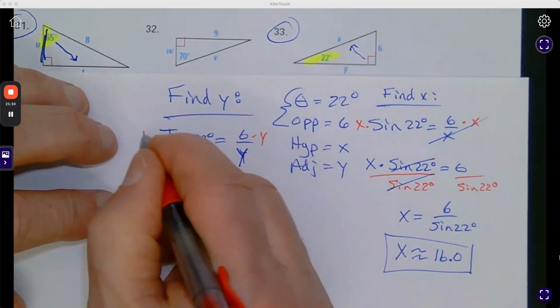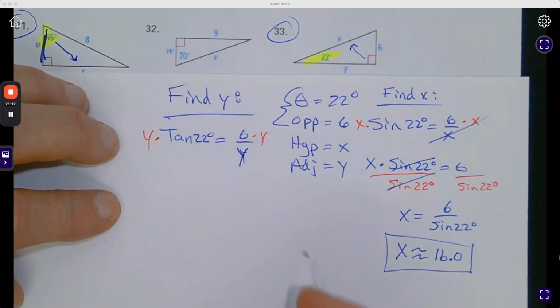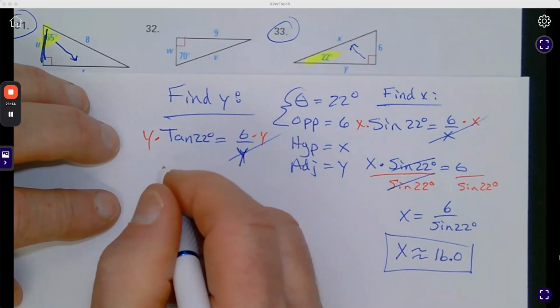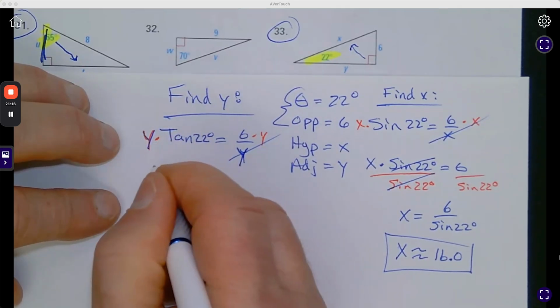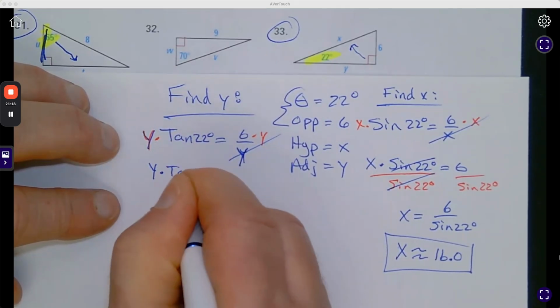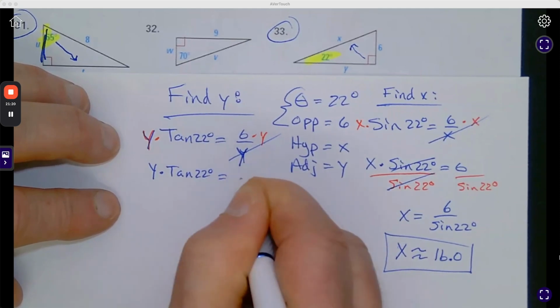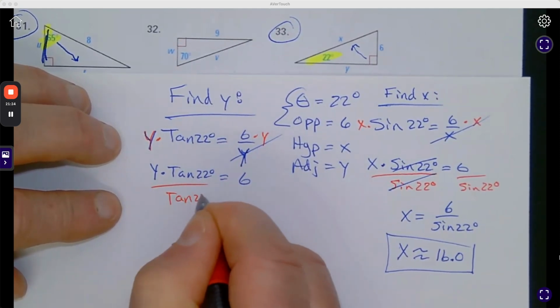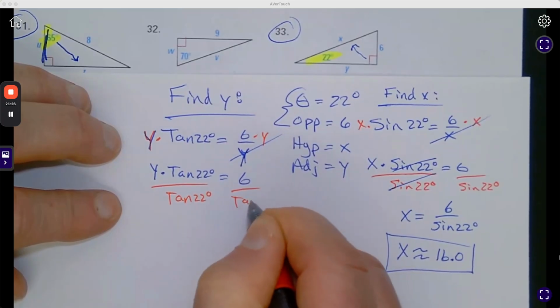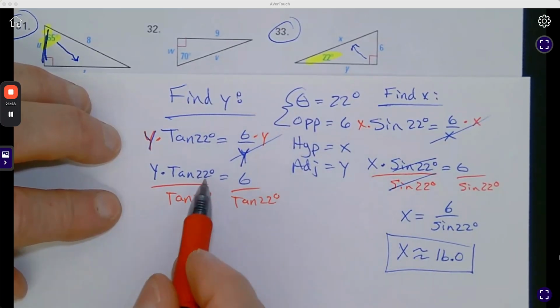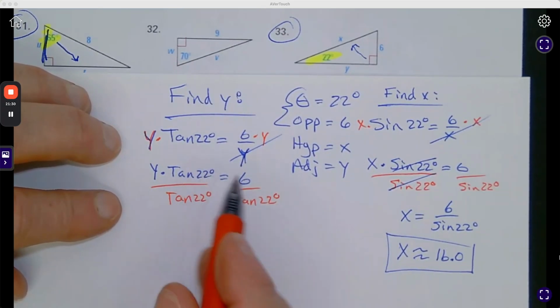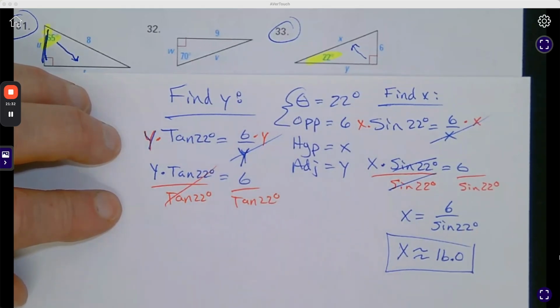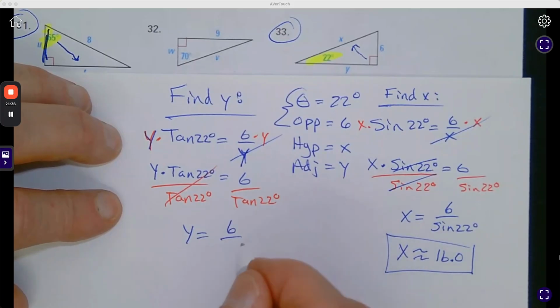So get it out of there. The bell's going to ring pretty soon. School's almost out. Okay, so y times tan of 22 degrees equals 6. Divide by the tan. Remember, it's a number, so you can divide by it just like any other number. Notice I'm not dividing by 22. All of it goes together. Those cancel out. Y equals 6 divided by